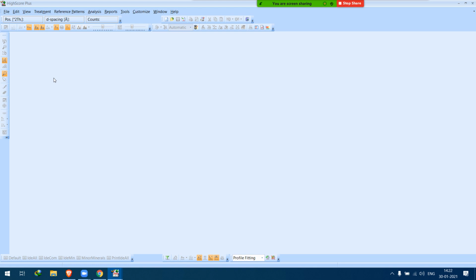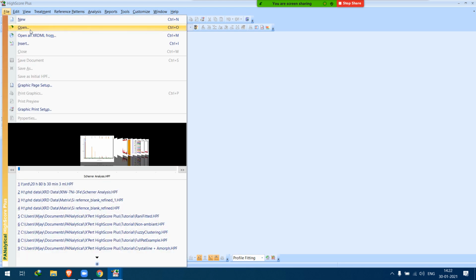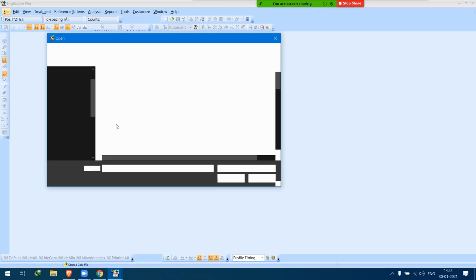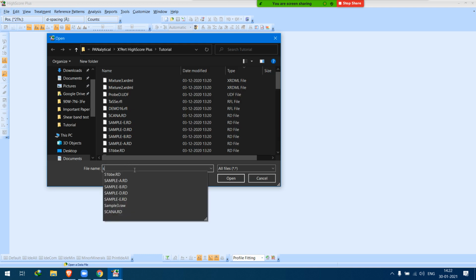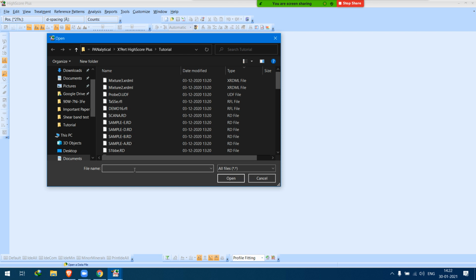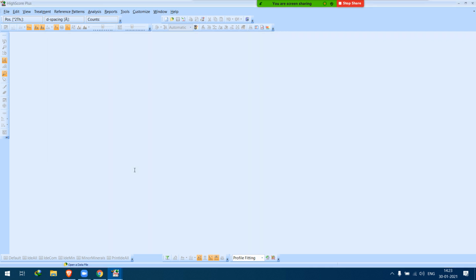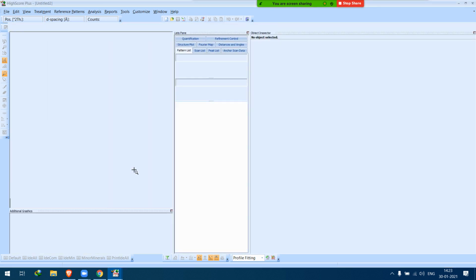So what we can do in the profile, let's see if we have any silicon. No, LaB6 should be there. Cerium, okay, cerium oxide is there. So we'll take cerium oxide as our reference material.